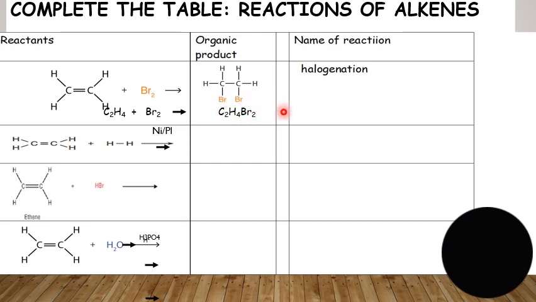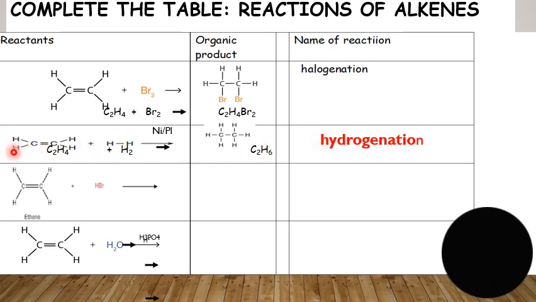Easy. Now your next reaction here, so you have now an ethene and you can also add hydrogen to an ethene, but you will need a catalyst, that is nickel or platinum. In the presence of the catalyst, you are going to have an organic product now. Same thing again, the double bond breaks, you're going to add your 2 hydrogens, easy. What's the name of this reaction? Since we're adding hydrogen, remember we just place the item that we're adding and put ATION at the end of it. So that's hydrogenation,